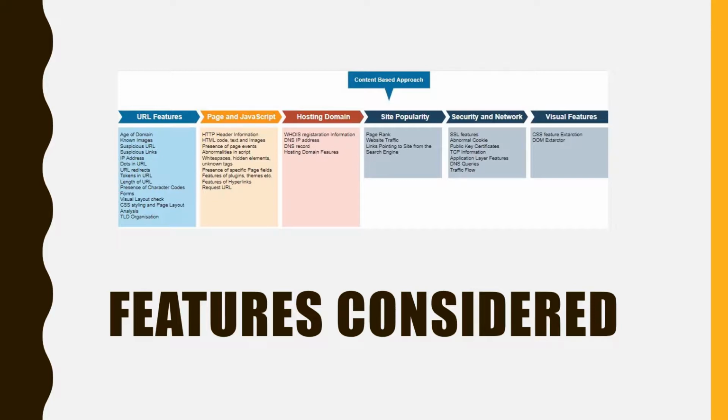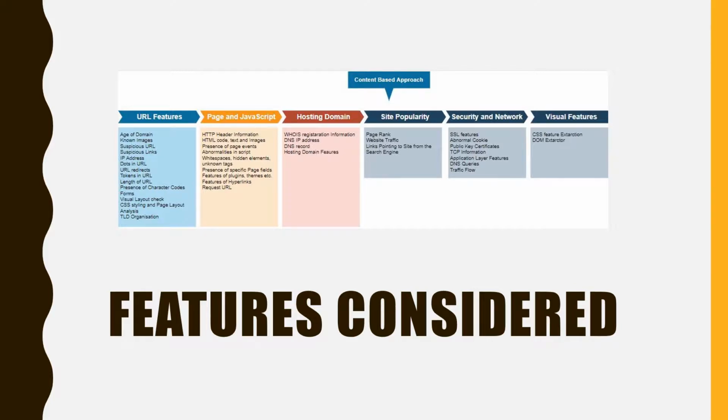And under page and JavaScript features, HTTP header information, HTML code and images, presence of page events, abnormalities in the script, and white spaces, hidden elements, unknown tags, presence of specific page fields, and a request URL, requests of hyperlinks,